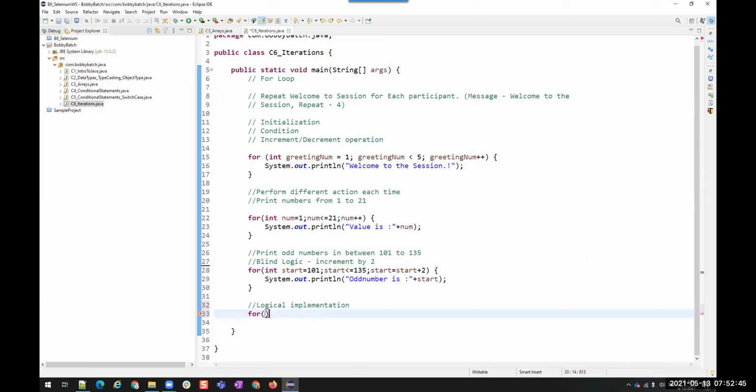For the logical implementation, I want to print all the odd numbers from 30 till 61, or 30 till 62. Now what will be my initializer?